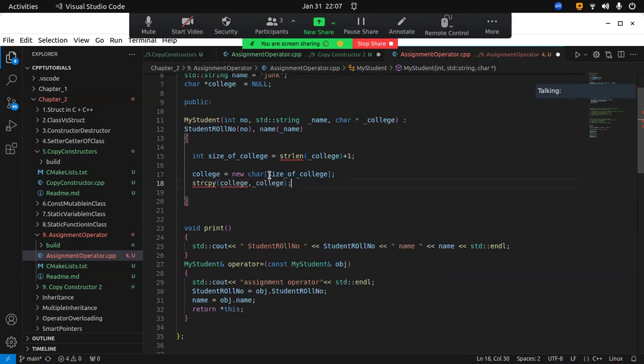Okay. So I just did a copy from here to here. This is how you would do it. This would put some null at the end as well, assuming. Okay. Now this is a